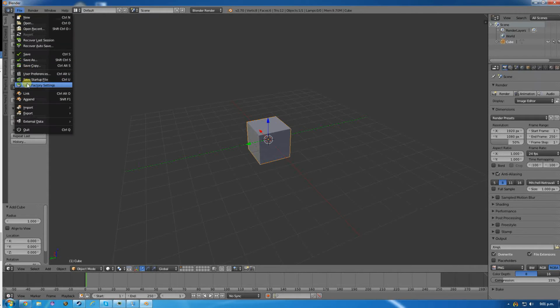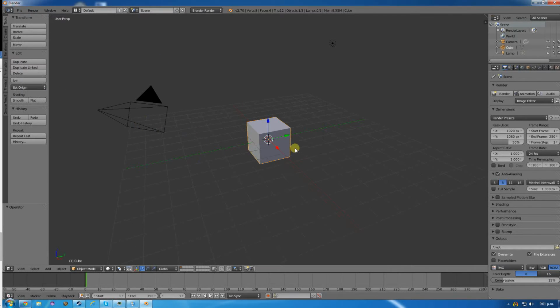When you first start Blender, you're going to see this here. And this is the factory settings. This is how it starts off. You've got a camera over here, you've got a light source up here, and you've got a cube in the middle. We don't actually need this, so we're going to push the A key to deselect everything, and then the